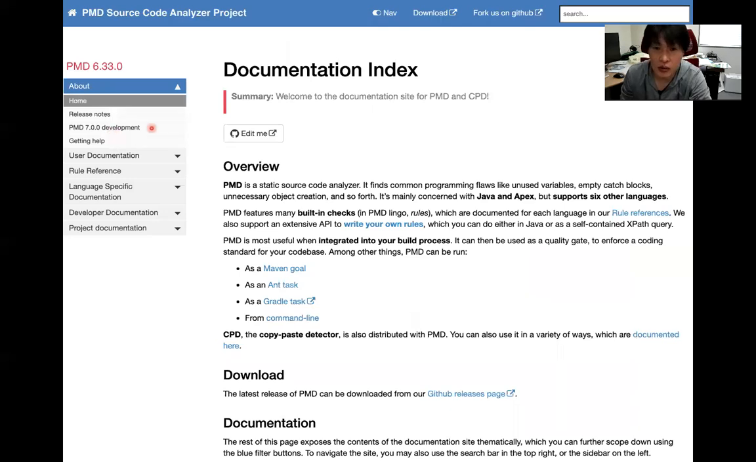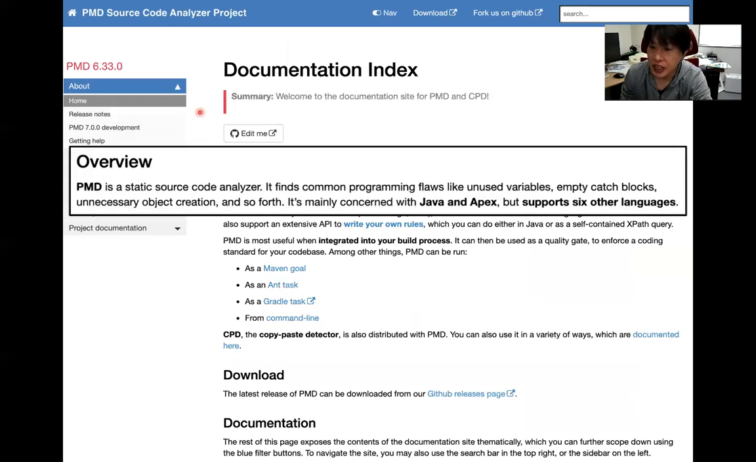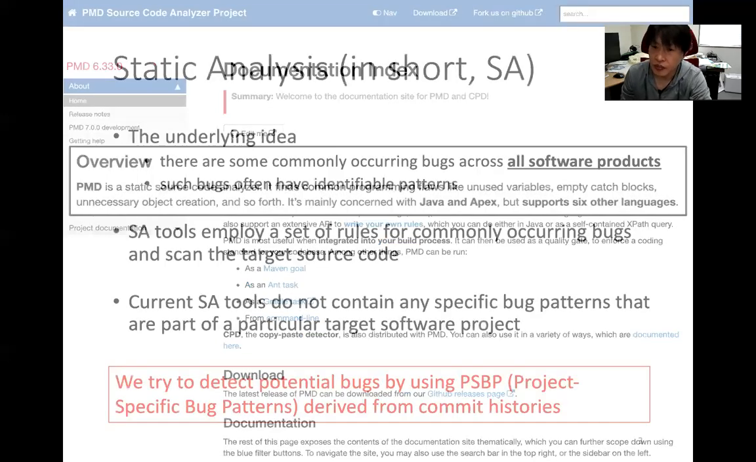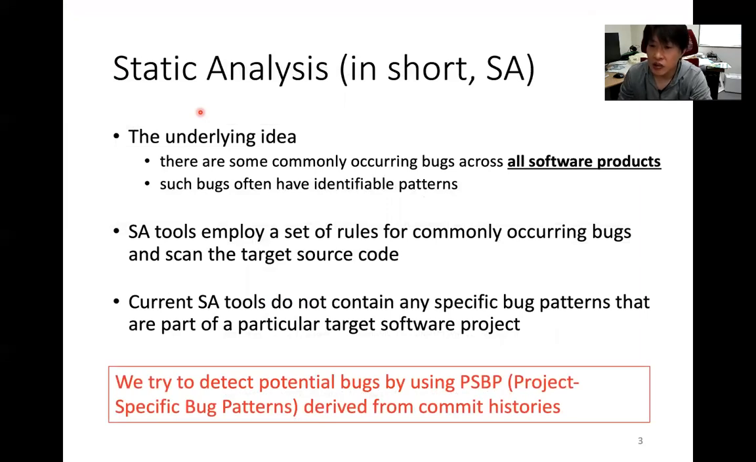Here is a snapshot of the web page of PMD, which is a popular static analysis tool. The overview says PMD is a static analyzer. It finds common programming flaws like unused variables, empty catch blocks, and unnecessary object creations. The underlying idea of static analysis is that there are some commonly occurring bugs across all software products, and such bugs often have identifiable patterns. Therefore, static analysis tools employ a set of rules for commonly occurring bugs and scan the